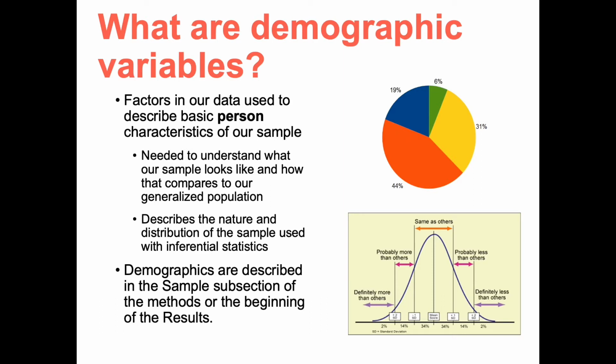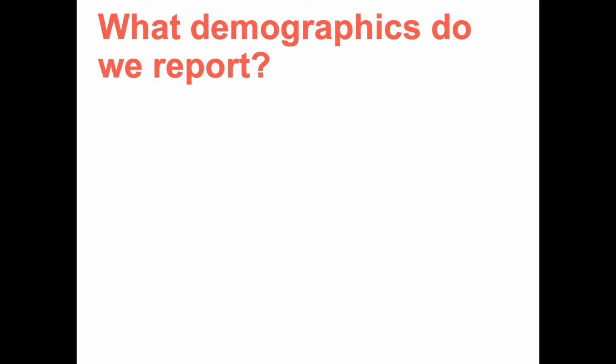The demographic variables are usually described in the sample subsection of the method section in your lab report or at the beginning of the results section. So, what kind of demographics do we report? Usually we want to report race, gender, age, year, SES, which is socio-demographic status,